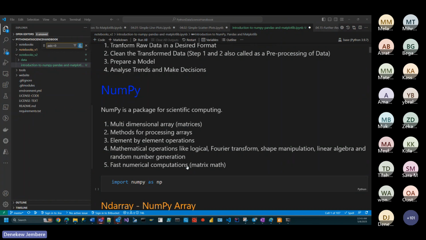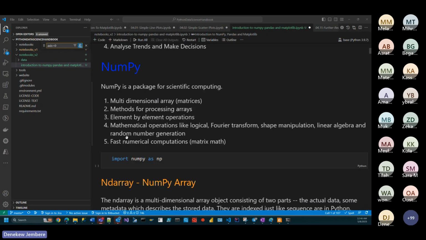And there are mathematical operations like logical, Fourier transform, shape manipulation, linear algebra, and random number generation. So these are there in Numpy. There are methods that are written for you. You don't have to write everything from scratch. Things are pre-cooked for you. And more